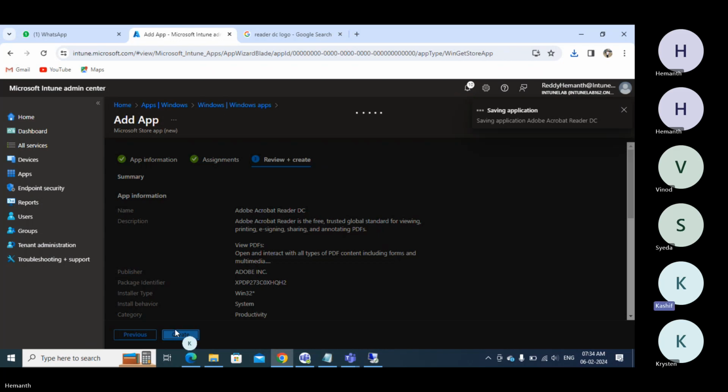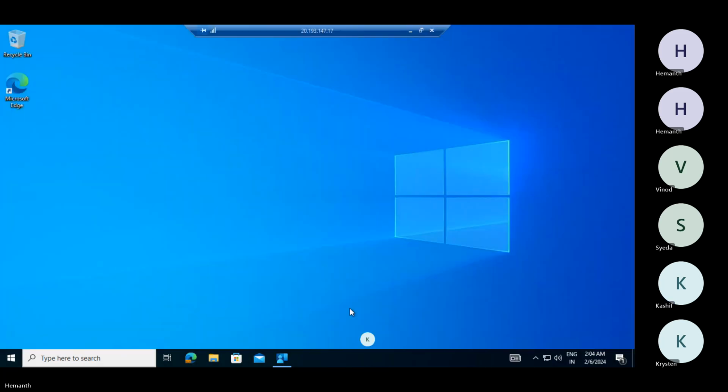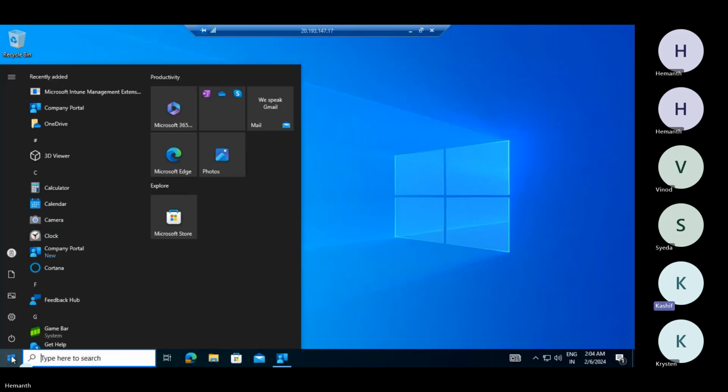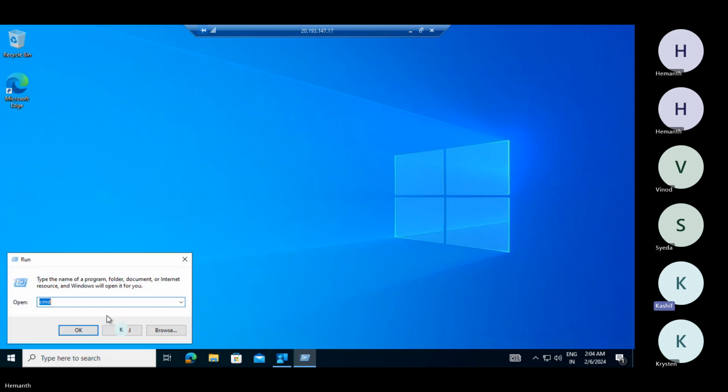Now you see the difference. What will happen? If you come to the machine, you see Microsoft Intune management extension is installed. So first thing first, whenever you deploy any application, it basically installs this Microsoft Intune management extension. It was not there before. Okay. And it creates some more things. What exactly it does, I'll show you. It creates services as well. So let me show you services,